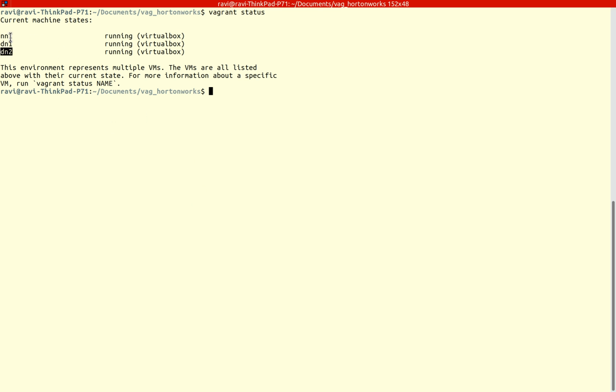I also intend to keep NN1 as a slave node because this is a non-production cluster, and typically you should not have a name node or a master node do any of the slave node work, but I'm going to do it here, right? So if I go into one of the machines,